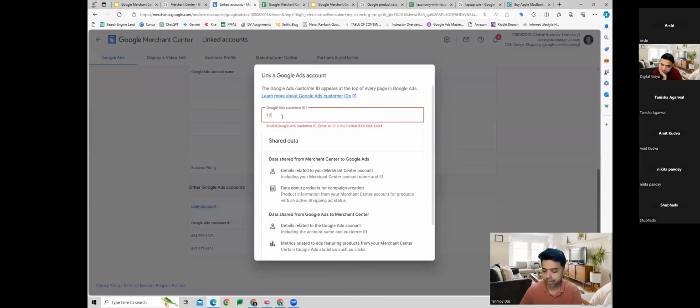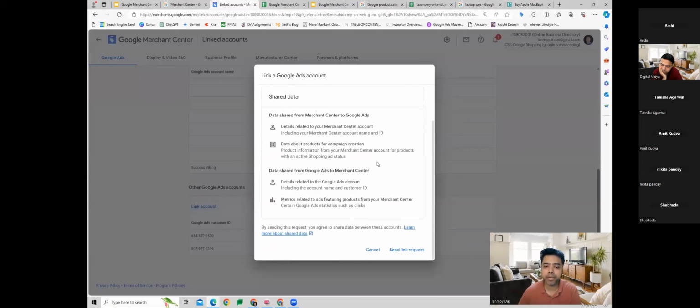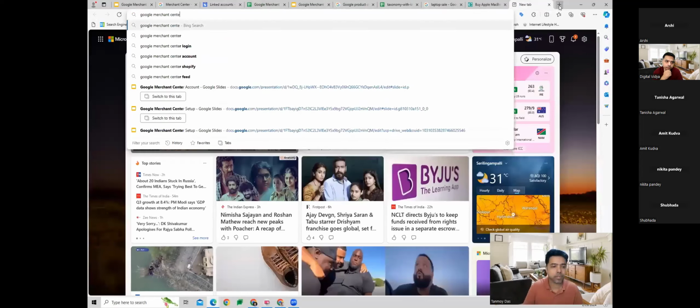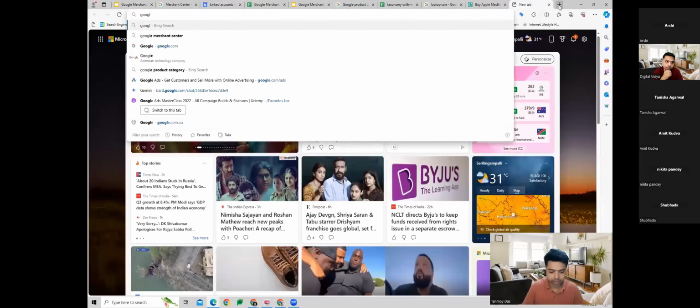and give our Google Ads account ID number. Once we give our Google Ads account ID number, we can go ahead and send the linking request from here. Okay, so once we send the linking request, then we get into our Google Ads to accept that request. So let's have a look at that as well. So we can sign into our Google Ads account.